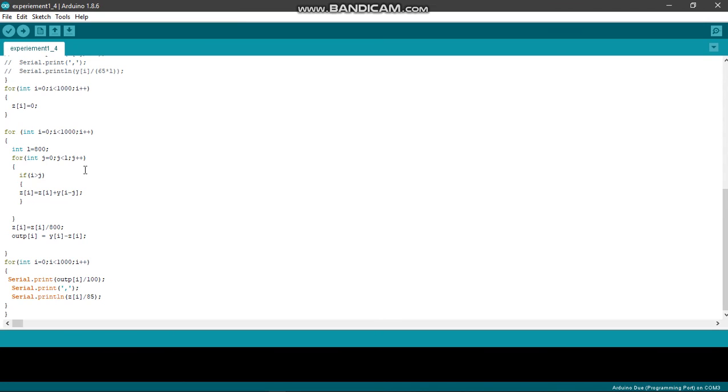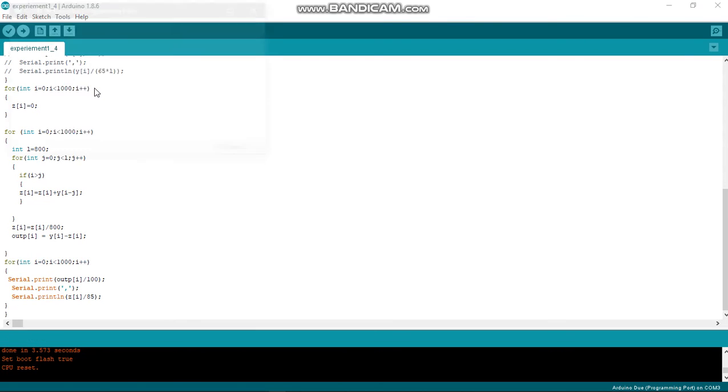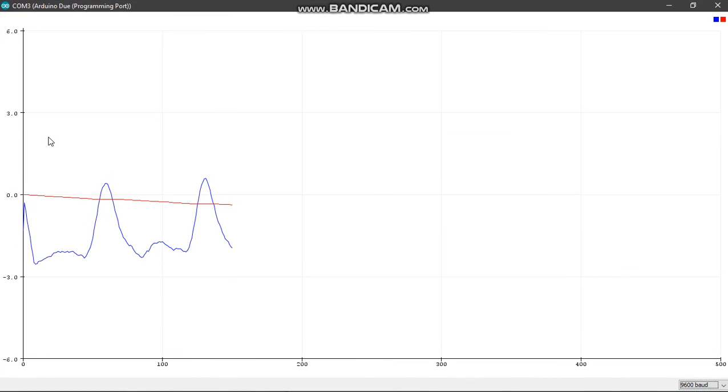Z of i is now the PPG plus the baseline. Now Y of i minus Z of i will give me the straight baseline, and that is going to be my output of i. I'll show you the verified result. You will see clearly the baseline is generated. Just give me a second. See, you can see that the baseline is